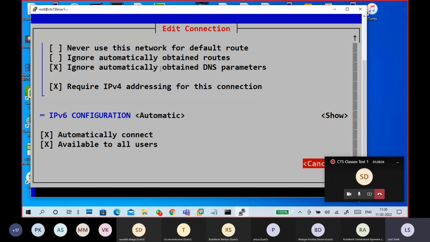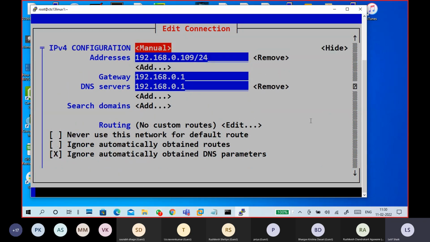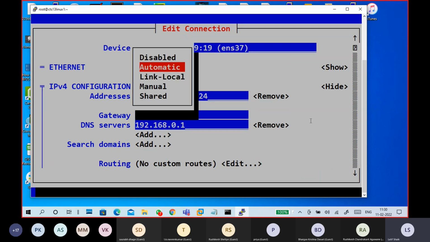You can see cancel, OK, kind of stuff. Use your up arrow, down arrow keys. Guys, what I'm doing is this is in manual because previously we did it in a manual manner. I'm changing to automatic.